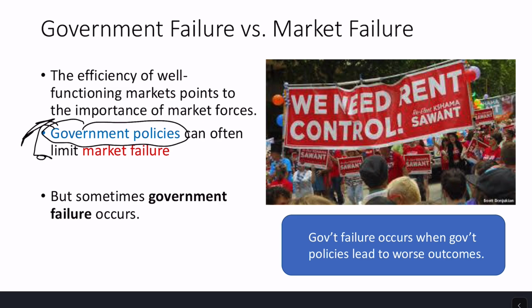We know why markets don't work in other cases. And economists have come up with ways to actually fix those market failures. And many of those ways have to do with government policies, right? So governments might be able to fix things whenever there's a market failure. Okay. But again, sometimes government failure occurs, and so there's this trade-off here, where in my own normative view, putting on my own opinion here, it's a case-by-case basis, and you need to look at every case separately to think about, should we have government intervention or not? It's not like one rule for everything.